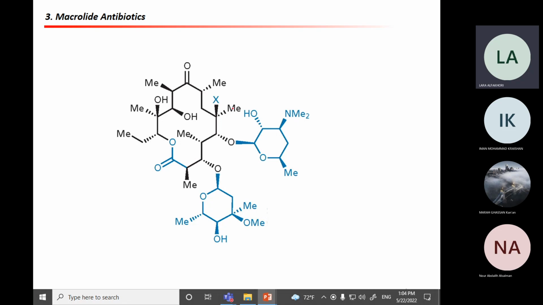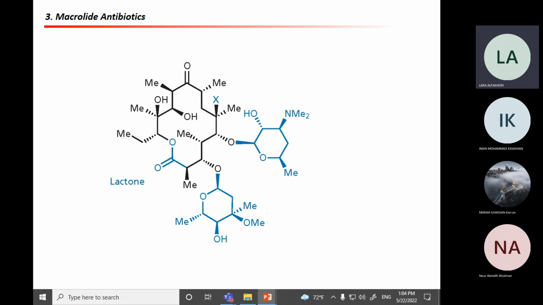As you can see, it's a cyclic compound that has a cyclic ester. That is why it's a lactone. It's a macrolactone or macrolide. Do you think it's a natural compound or something that was synthesized in lab? Based on the complexity, so many stereocenters that we see in the structure of this representative macrolide, it's definitely a